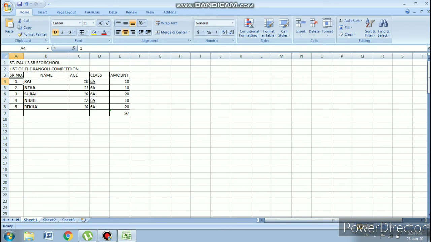So I want to make it in the middle. I want to bring this text in the middle. So I will click over here and the text will come in between the cell. As well as I can use the right alignment also. My text will go to the right. This shows the vertical alignment and this is horizontal alignment.